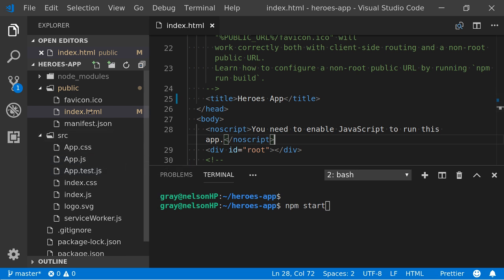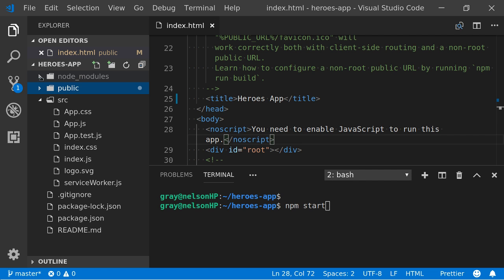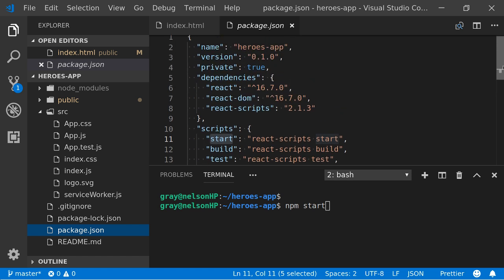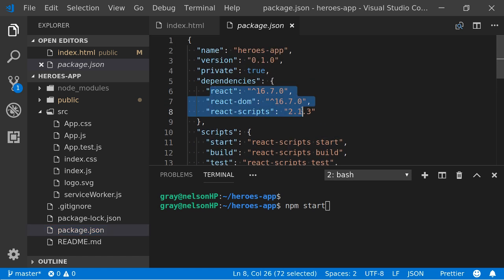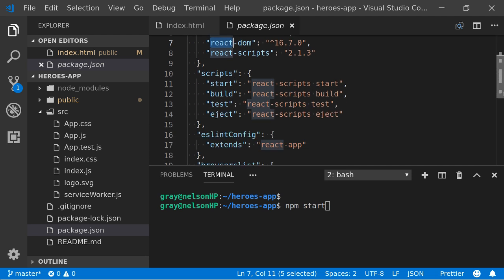Right, what else did we want to have a look at? All our node modules went in a folder there. That's all our other dependencies that we need to make our app run. Those dependencies are listed here. We haven't got many at the moment. We've got React itself, and React DOM, which is to do with that virtual DOM I was mentioning earlier, the thing that helps us update the document object model, the bit in the browser that creates all the elements of a page that we view in the browser.